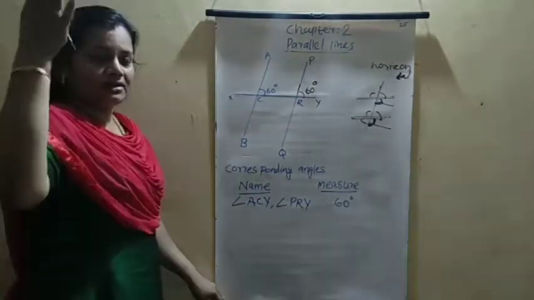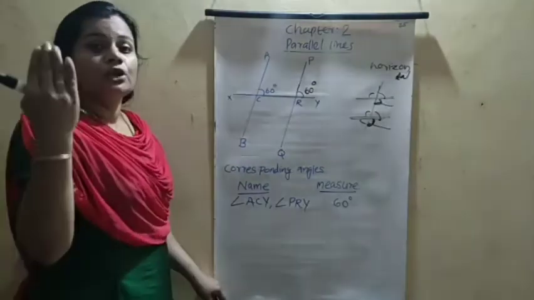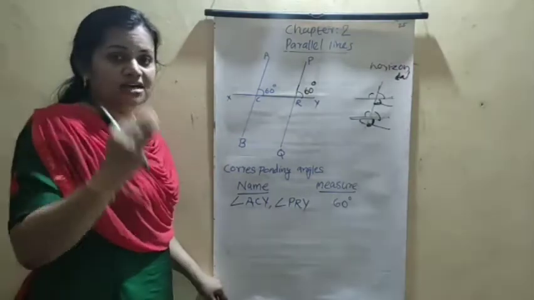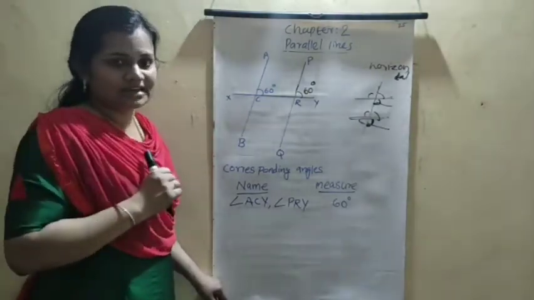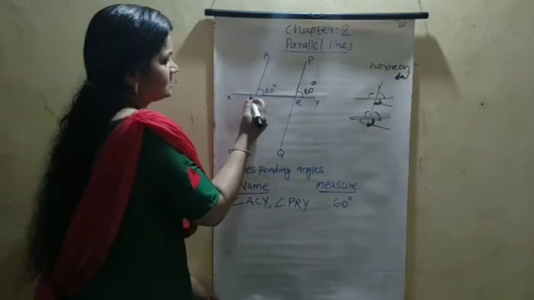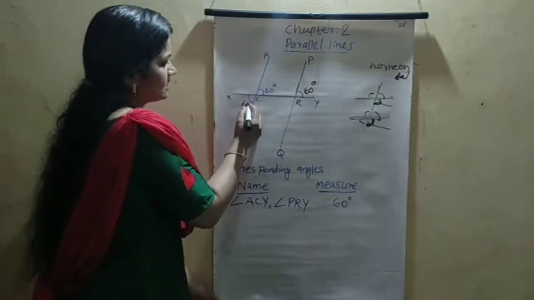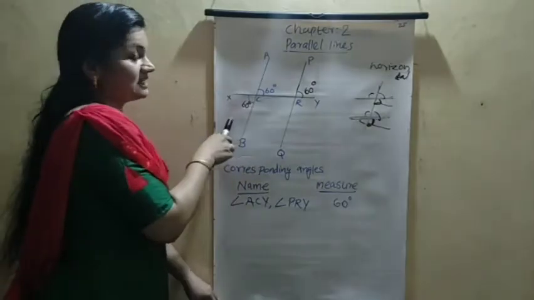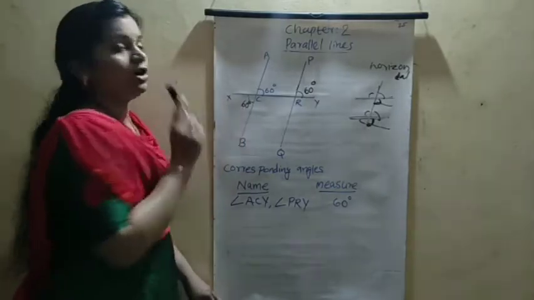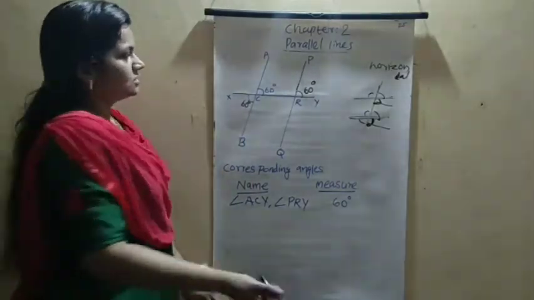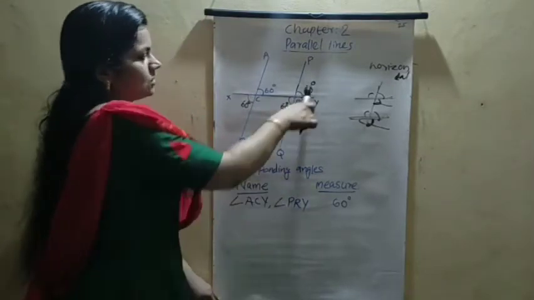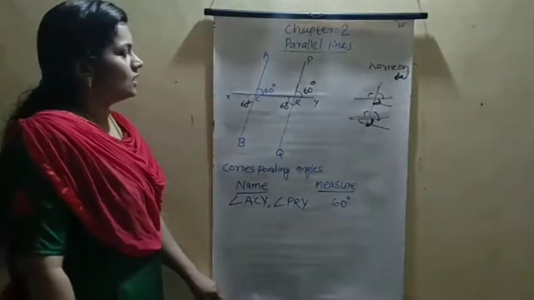In parallel lines cut by a transversal, we already studied that opposite angles are equal. Do you remember that? So this is 60 degrees, and the opposite of this angle is this one, which is also 60 degrees. As mentioned here, opposite angles are equal. Understood? So here also we can write 60 degrees, since opposite angles are equal.